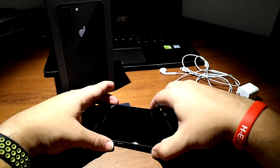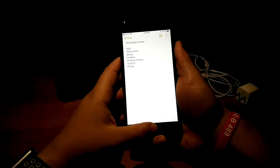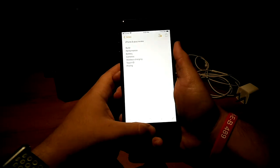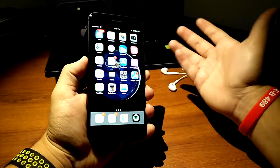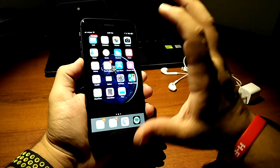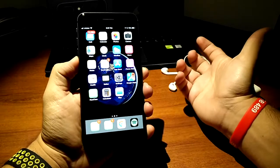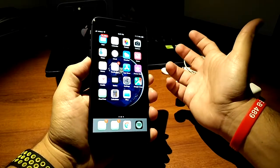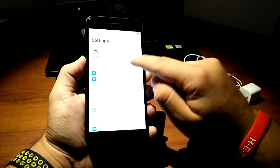Anyways, moving on. Let's go ahead and head into performance here. So, as you can see, I have a little list of what I wanted to go over. Performance, obviously, with the A11 Bionic chip, it's super smooth, super fast, no lag, no stutters. I know people had issues with early iOS 11 updates, but right now I'm running the...